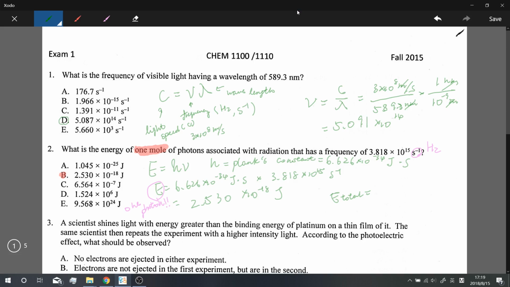So we have to multiply this E, the E we get for 1 photon,